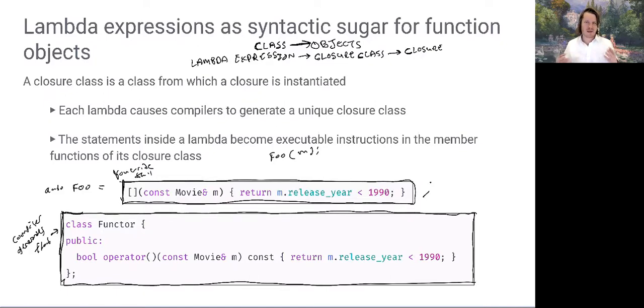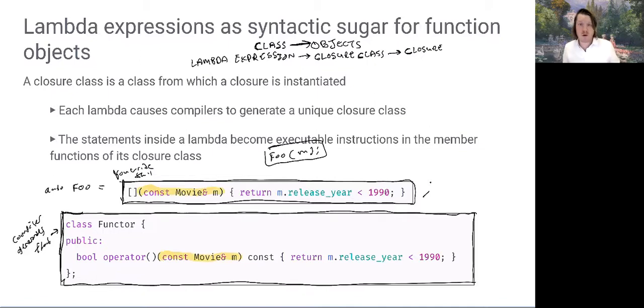Notice here that we're not constructing this in any special way. There's no initialization like we saw with our released-before function object that we discussed, I believe, in the previous lesson. Notice here the compiler is simply doing a mapping. It's taking the parameter list and putting that parameter list in the definition of the functor's call operator, which makes sense, right? Because when foo_m here is